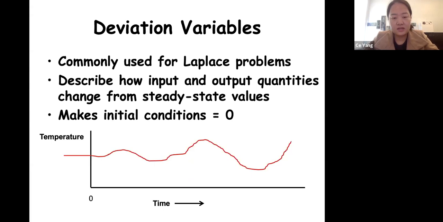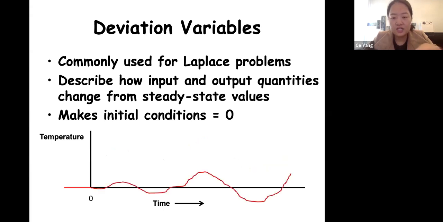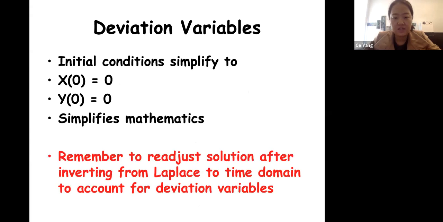So this will be the original problem to be solved and the curve to be plotted. But before we do the Laplace transform, we want to adjust the initial value to be 0 here, temperature 0 at time 0, so that we can do the Laplace transform. But make sure that in the end, we readjust the solution after inverting from the Laplace to the time domain to account for the deviation variables, which means we need to add back